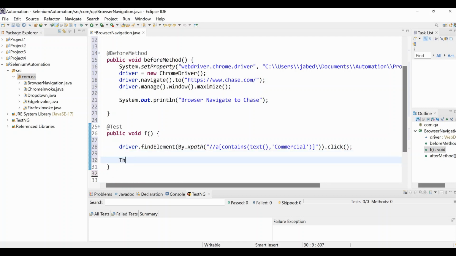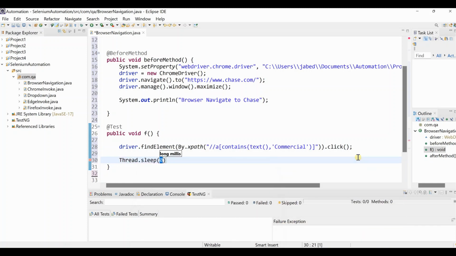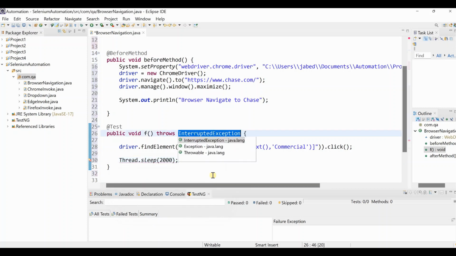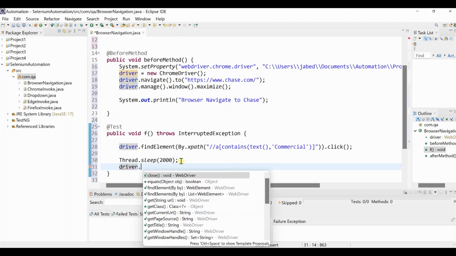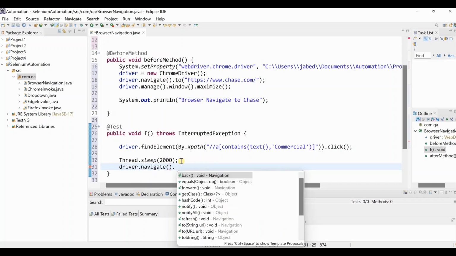Then we can add some wait time over here. Thread.sleep, let's say 2000 milliseconds. That means 2 seconds, it will wait 2 seconds. It is a red mark. Mouse over, add throws declaration, the red mark will be gone. Now once it is navigated to commercial, then we want to navigate back. driver.navigate().back();